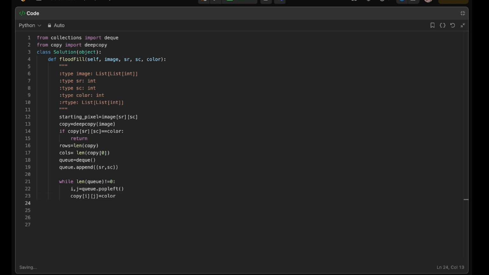After doing this, we have to traverse in 4 directions, which are upward, downward, left side, or right side. For that, again we're going to apply a for loop over those 4 directions. So for x comma y, where x stores the row element and y stores the column element, in